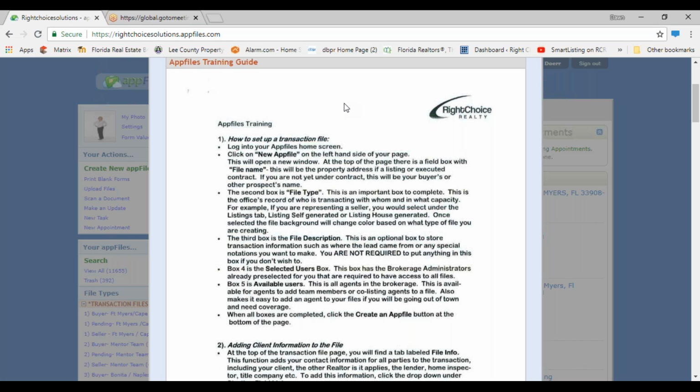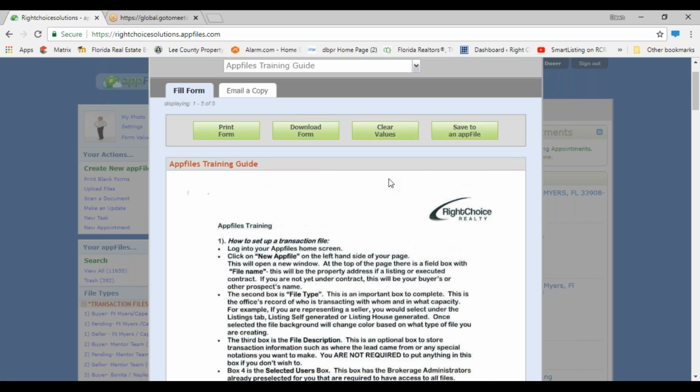and slow me down if I go too fast because I whip through this in my sleep, unfortunately. So I can take things for granted. So if I go too fast, slow me down on a step. In appFiles, you have the appFiles training guide. It's in two parts. There's the training guide, and then there's the extended training guide that adds the most latest and greatest features on,